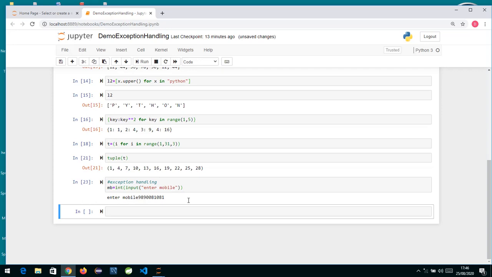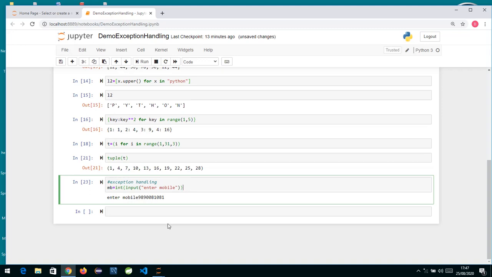So exception handling basically means that at runtime, being a developer, we need to think of all the possible things that can make your program crash, and you need to handle them. You have to think from all perspectives. If the user enters some wrong input, string type of data, then my program should not crash. It should handle it, and accordingly make the user re-enter or something like that. Suppose you try to divide by 0, you will have a zero division error, or if some file is not opening; there are many types of built-in exceptions.